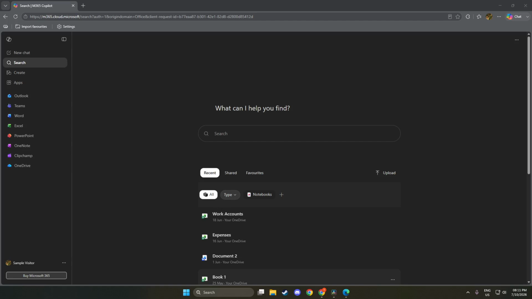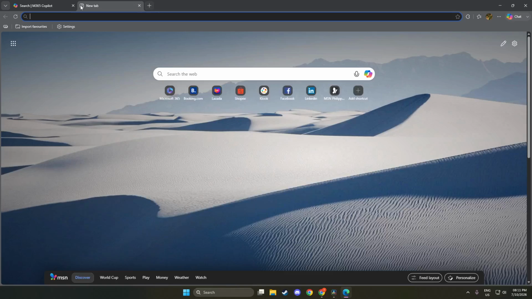This action brings you to a fresh browsing page where you can explore various features. You will see a blank space where you can search or enter a website address. This step is crucial because it sets the stage for customizing your browsing experience. A new tab provides a clean slate to work with, making it easier to navigate to the settings we need.